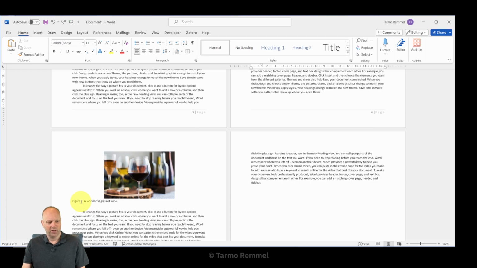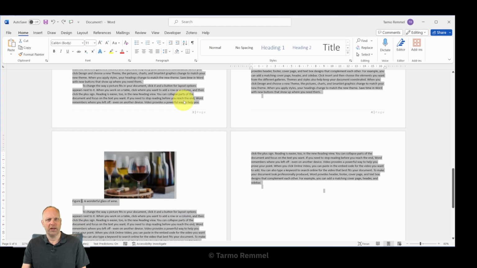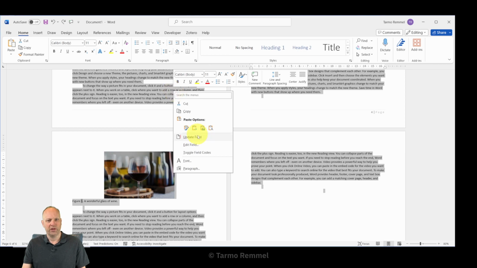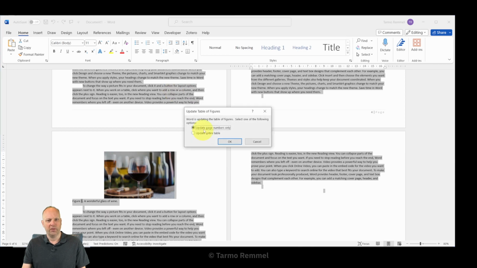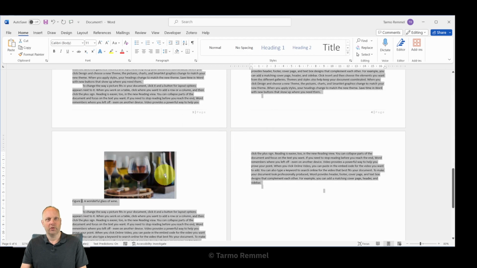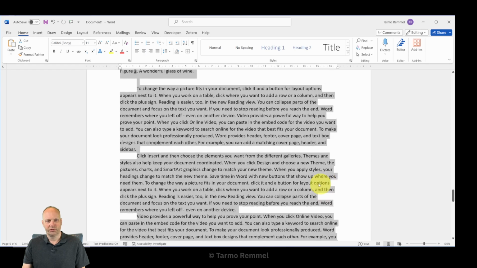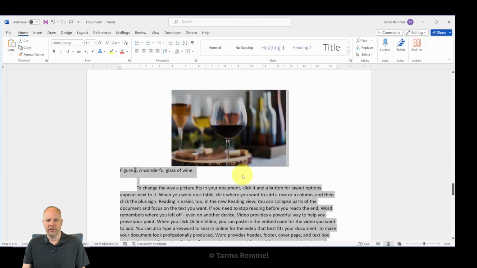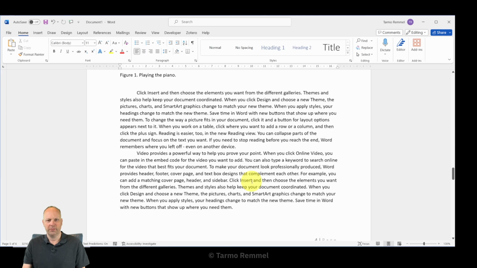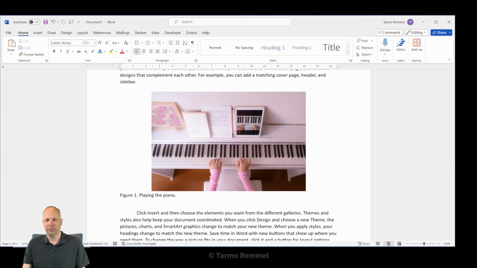So we can hit Control A. So we click on our document somewhere, Control A, it selects everything, and somewhere in our document then we right click and we can choose to update field, and we're going to update the entire table, and we're going to update everything at once. So notice that we now have, if I zoom in, our glass of wine is figure 2, and if I keep scrolling up, figure 1 is playing the piano,